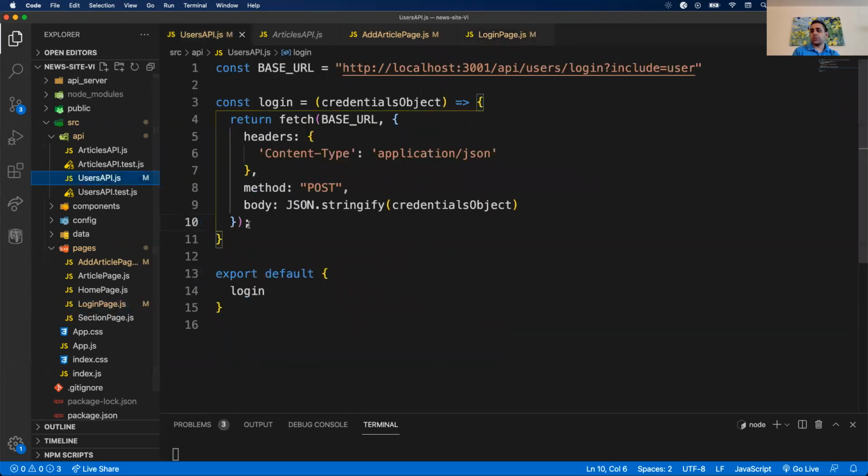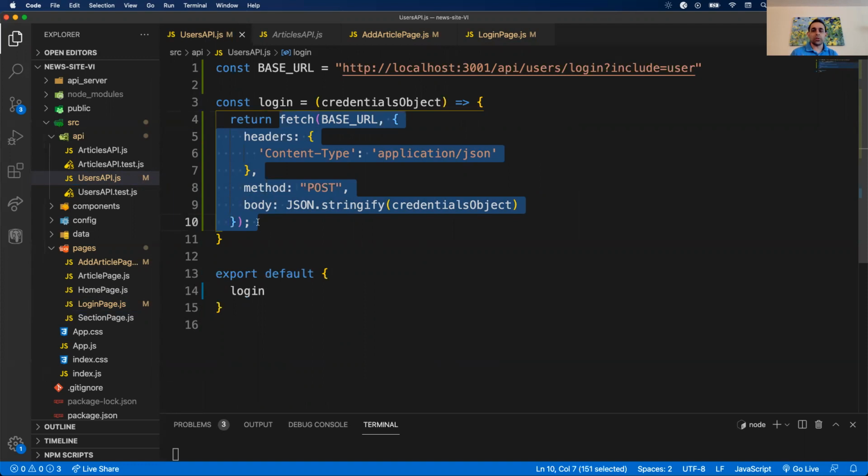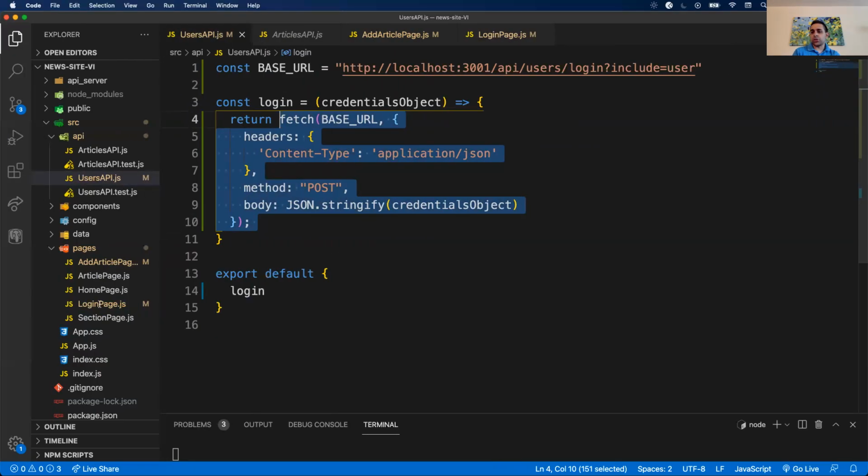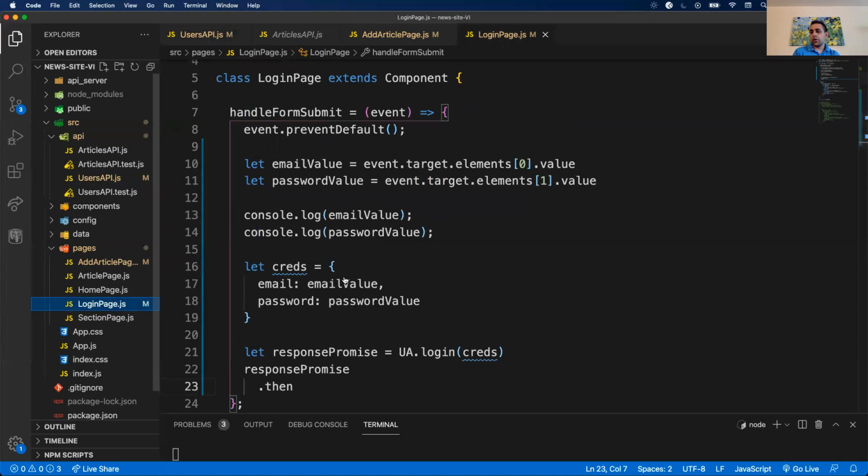So I changed my login function back to just return whatever fetch is returning. Previously, I was processing the fetch, waiting for it to resolve, and then resolving the JSON. Now I'm just returning straight up the fetch call for my login. This is what it was before. So I modified the design before. I want to return it back to its initial state. So returning the fetch here, and then now in login page, which is calling the login method, I'm going to